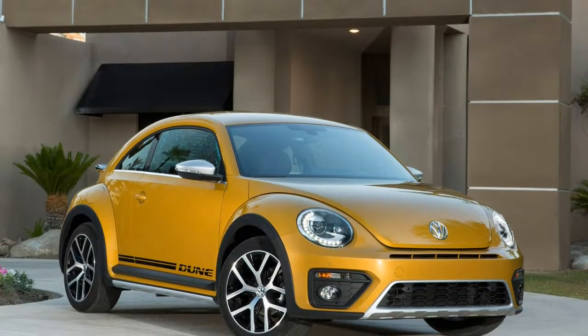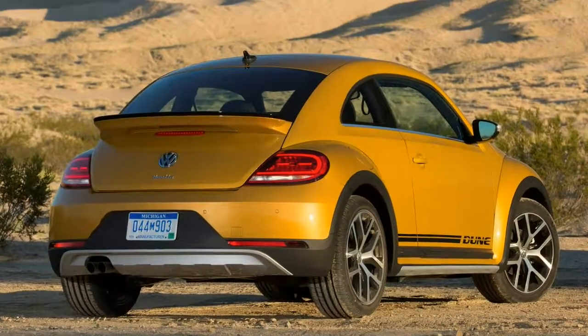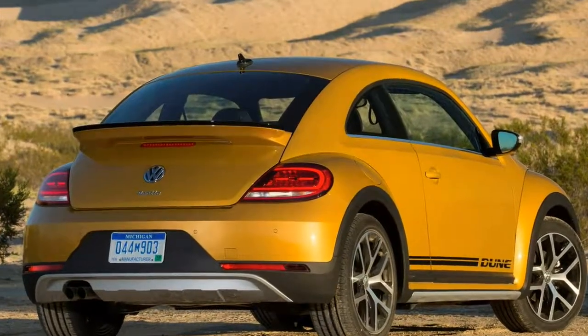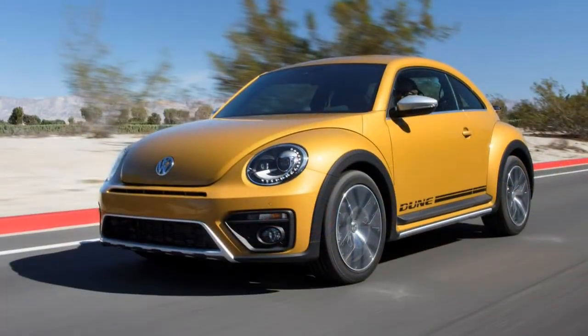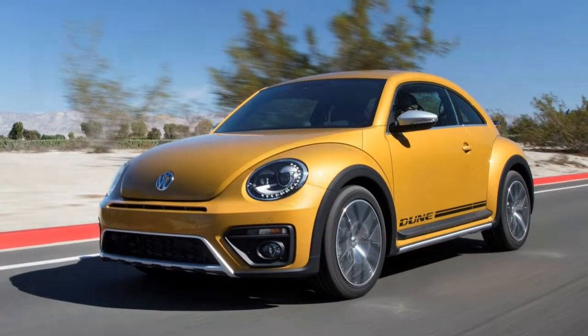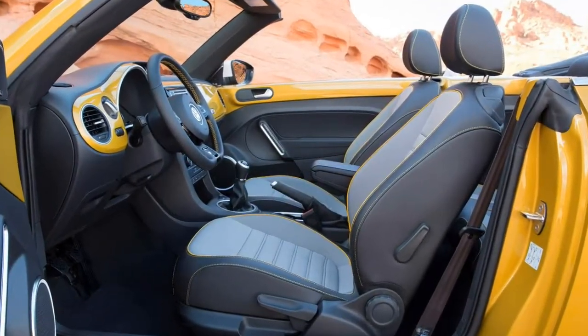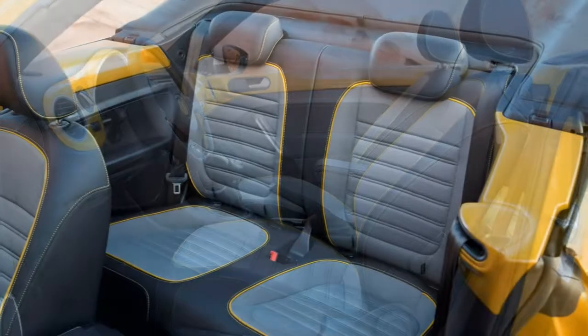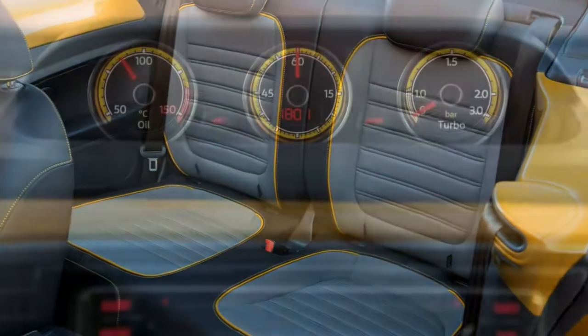2018 Volkswagen Beetle Dune Coupe Review. The good points of the Volkswagen Beetle Dune Coupe: looks like hardly anything else, satisfying to drive, bright, cheery interior, large discounts available. The bad points of the Volkswagen Beetle Dune Coupe: